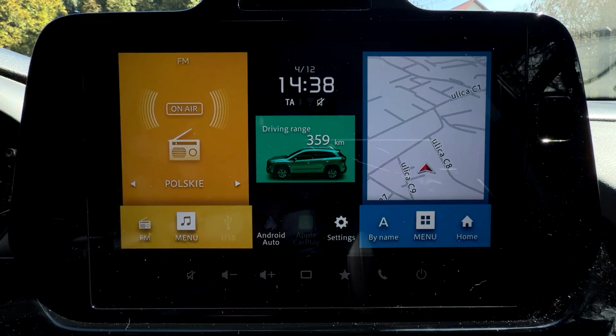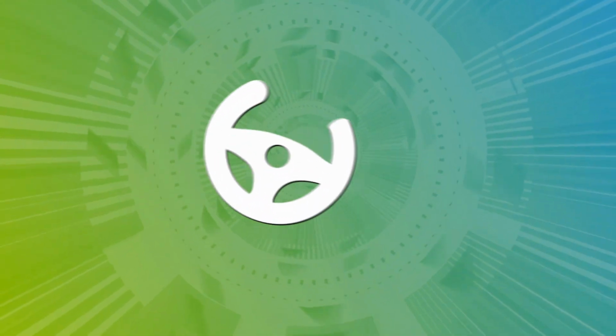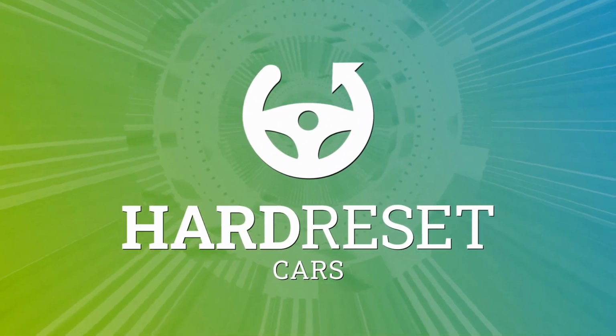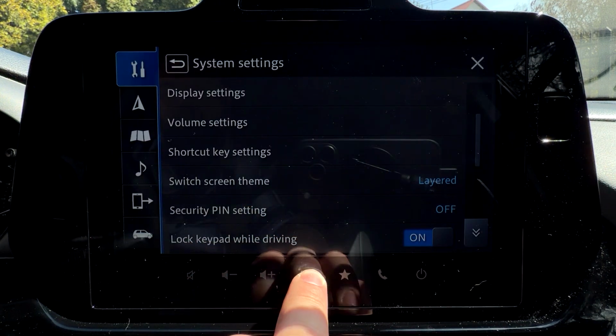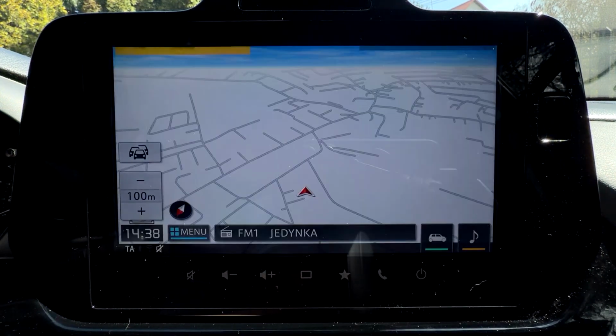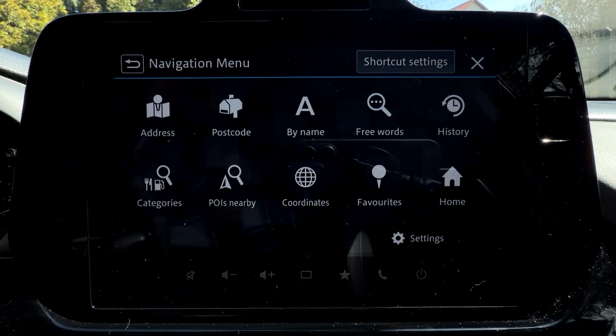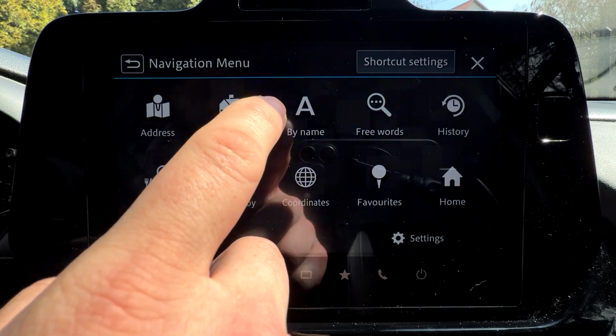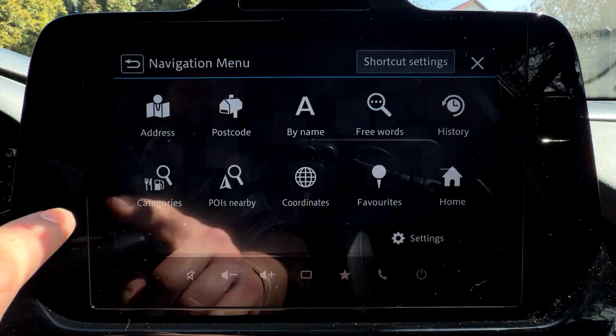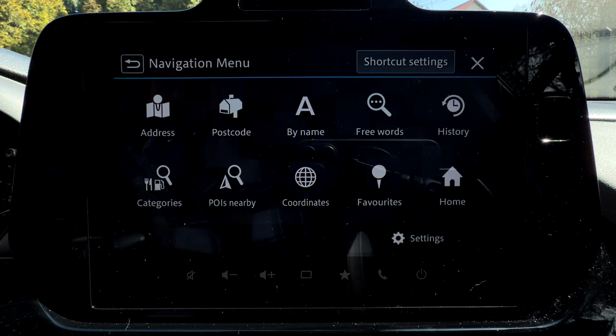Hello, in front of me I got Suzuki SX4 S-Cross. In this video I'll show you how to start navigation route. To start navigation route, let's go to map and go to menu. Now you can start navigation route by address, postcode, name, 3 words, history, categories, POIs nearby,